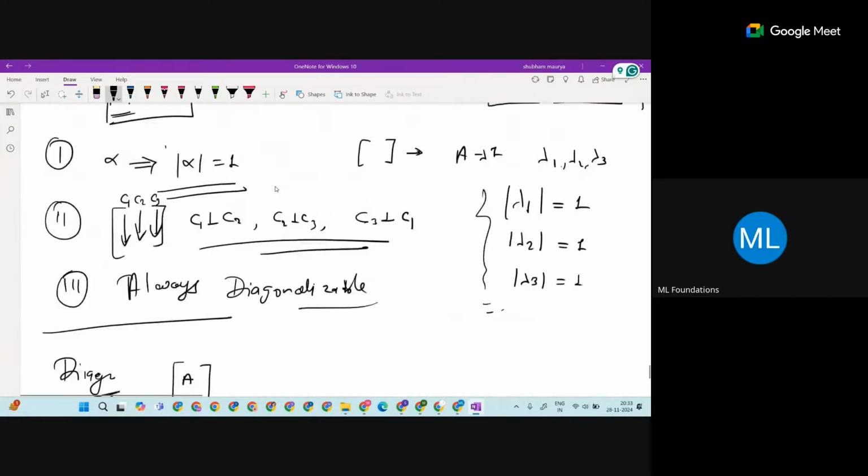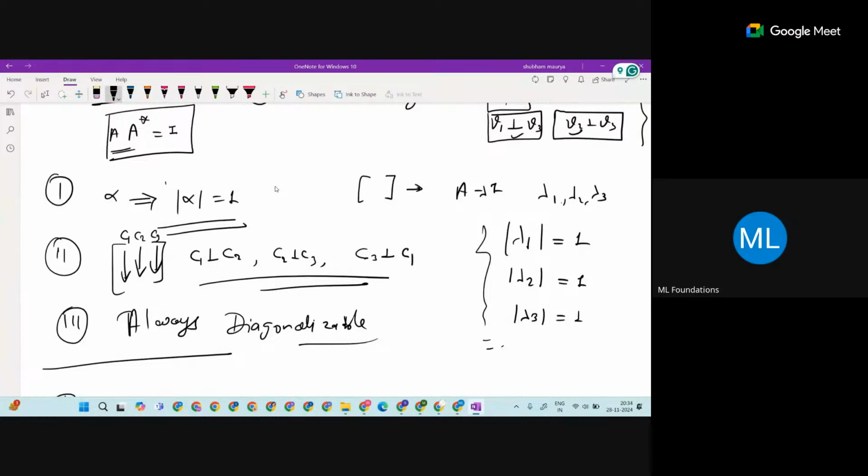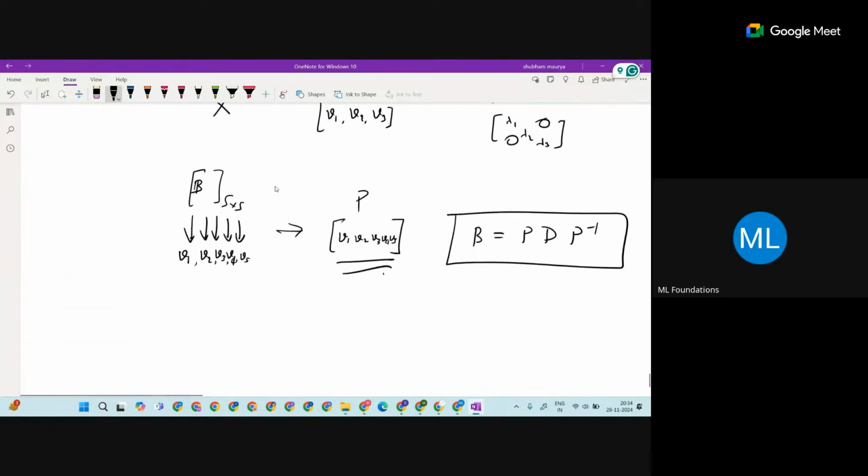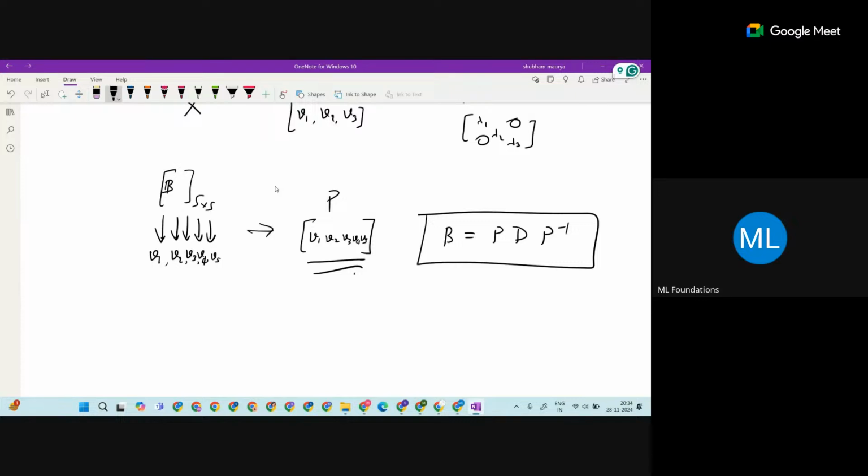So this is the basic proof. Even the spectral theorem says a Hermitian matrix is always diagonalizable. A unitary matrix is always diagonalizable. Some other specific matrices are there, and most of them are diagonalizable. Those are some theorems that could be proved also. But for a general matrix, this is the only way to say whether a matrix is diagonalizable or not.